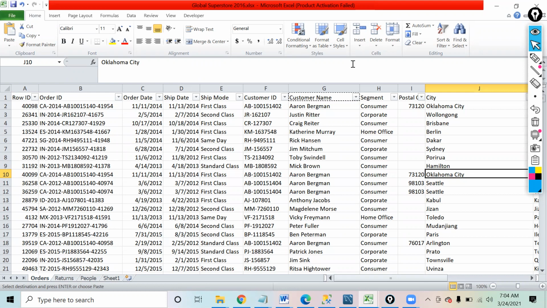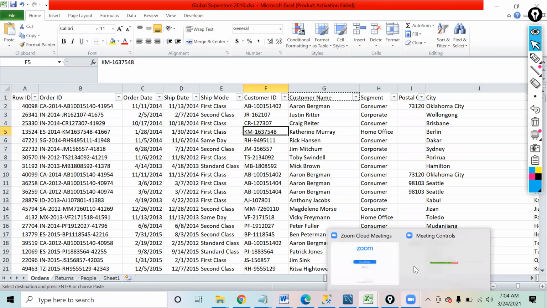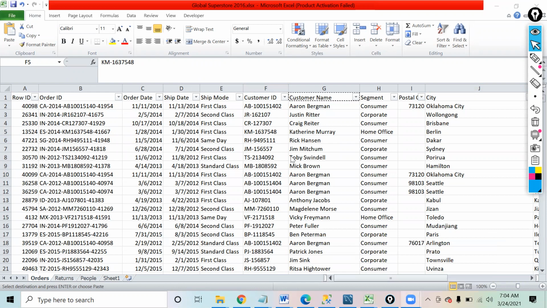Anyone who can think of how we can achieve this output? Okay, so Radhika, yep. For customer name, we can use the VLOOKUP, that will work. But if I say I just want to go with one formula so that I don't have to recreate the formulas again and again, then how should I go ahead with that?